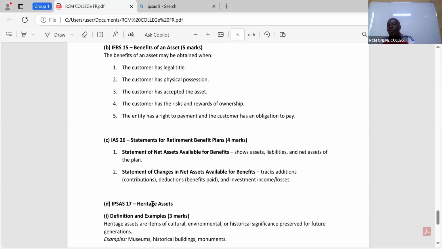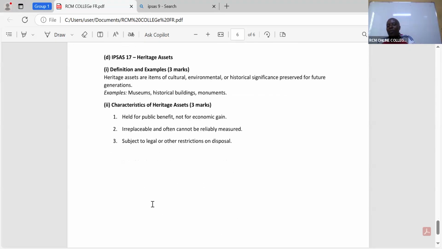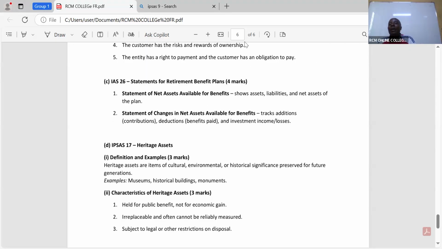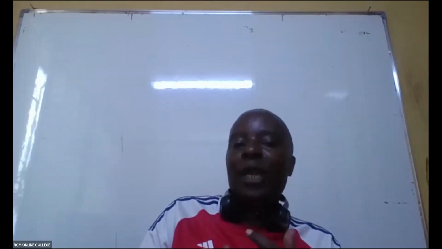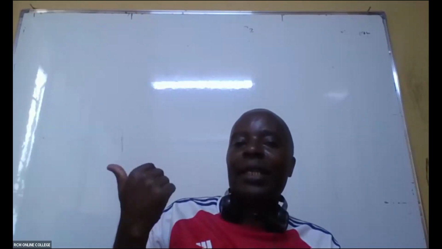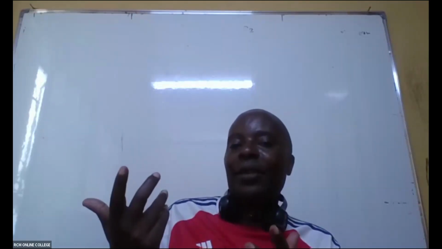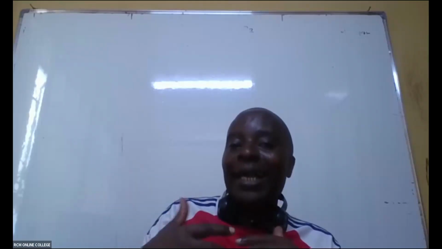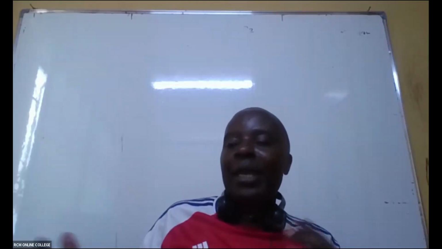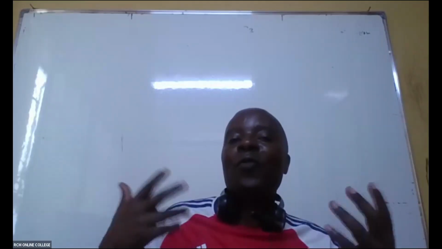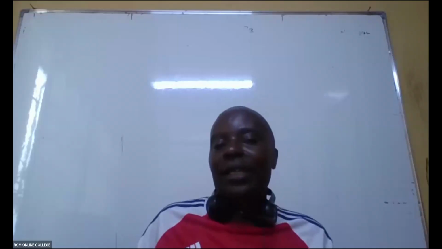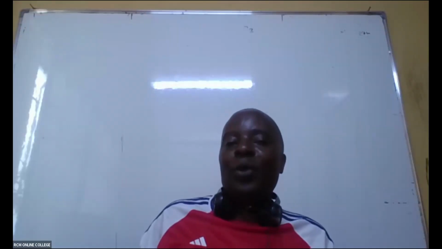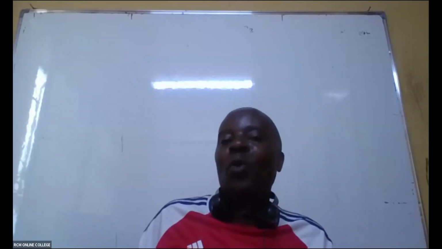And then, ladies and gentlemen, we have what we call IPSAS 17. So this is the last one for today. I don't want to be too much for you. Remember, there are those assets of heritage. Even in Kenya, in this case here, we have them. Like the Kenyatta's mausoleum, monument, all right? That is a heritage asset. And so many assets that even people travel from various countries to come and just see them. We take pride in them, all right? We don't have them there for purpose of selling them. We want to hold on to them forever.